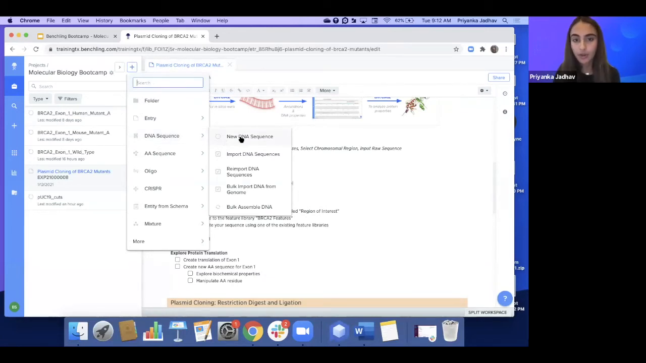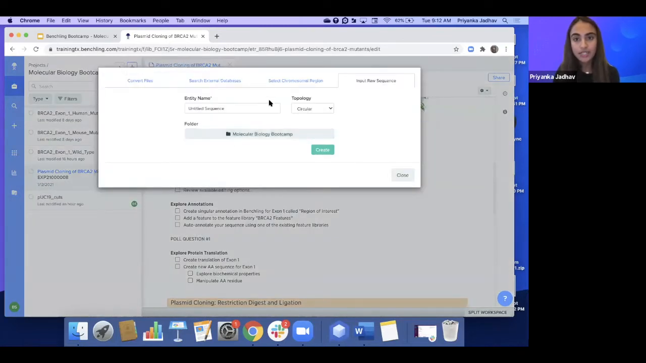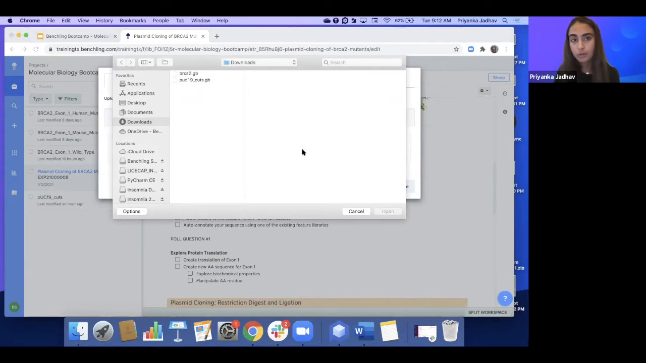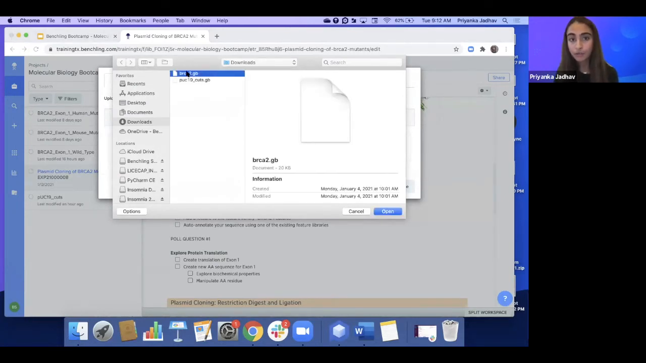So I'm just going to go ahead and click on new DNA sequence. And now I have the ability to import my DNA sequence depending on how me or my organization typically houses data. So because I have a file on my computer, I'm going to be using this Convert Files tab, and I'm going to be choosing a file from my desktop. So I'm going to click on Choose File, and then I'm going to choose this bracket2 file that I have downloaded from GenBank,